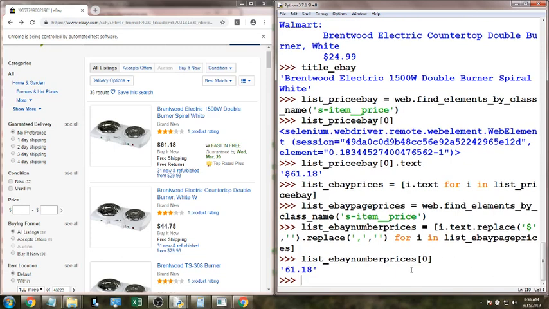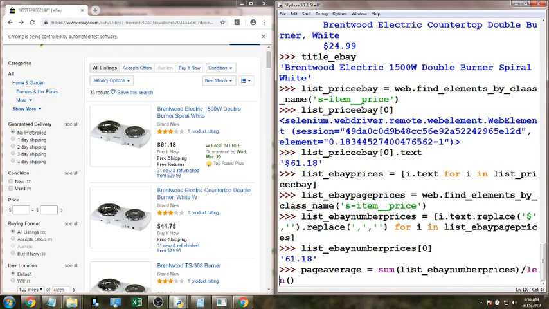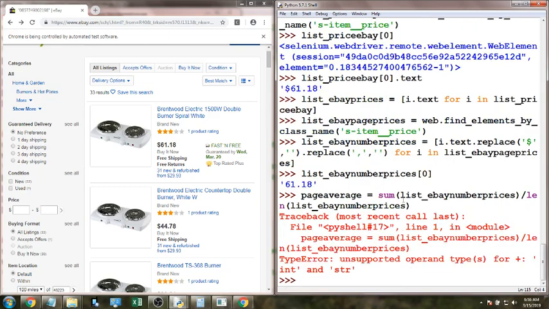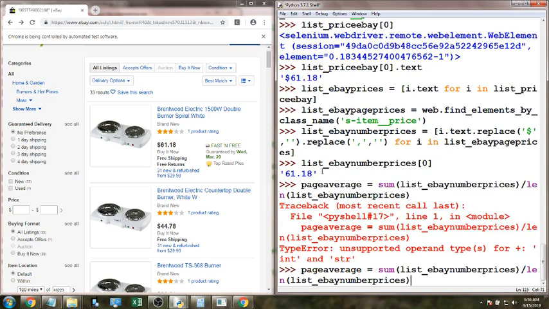Alright, looks good. Now we're going to say page_average equals the sum of list_eBay_number_prices divided by the length of list_eBay_number_prices. Okay, those are both strings. We have to convert these. This is a string. It came up in quotation marks, single quotes. So all we have to do is